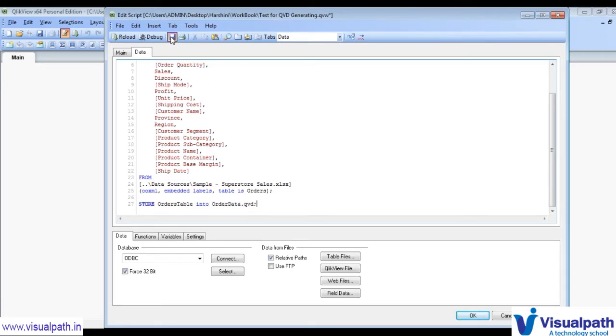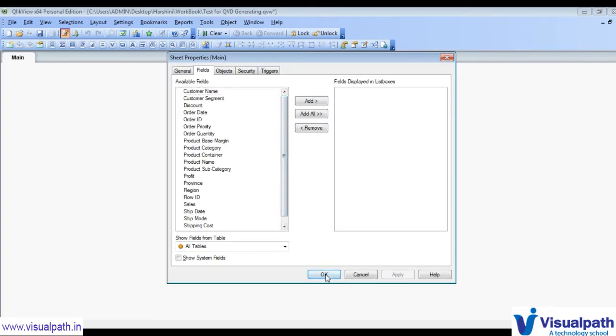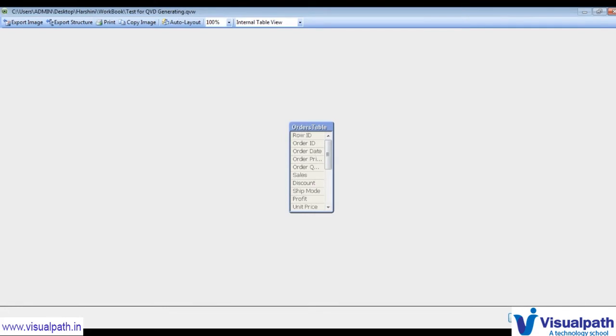Okay, so let me save it and reload it. The file is loading, the orders table is loading and it is loaded successfully. So now in our database it is present.